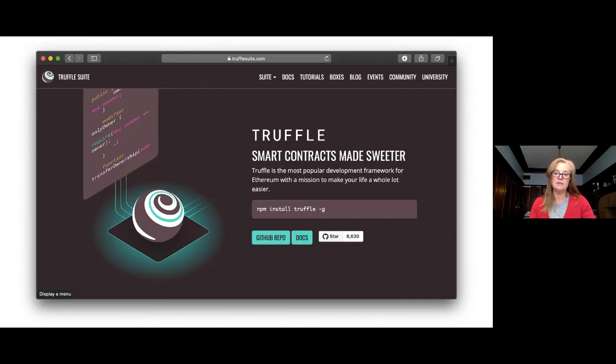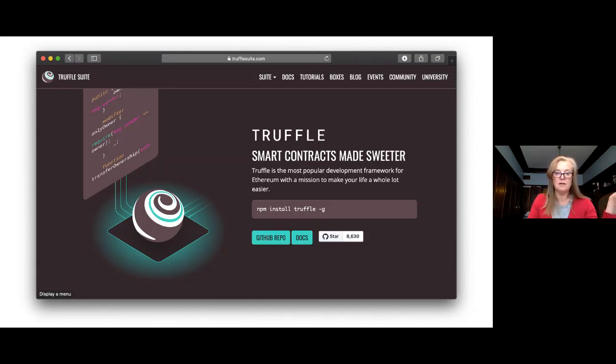So it's a nice little testing environment if you want to develop locally and test. Associated with Truffle, and the link is trufflesuite.com,